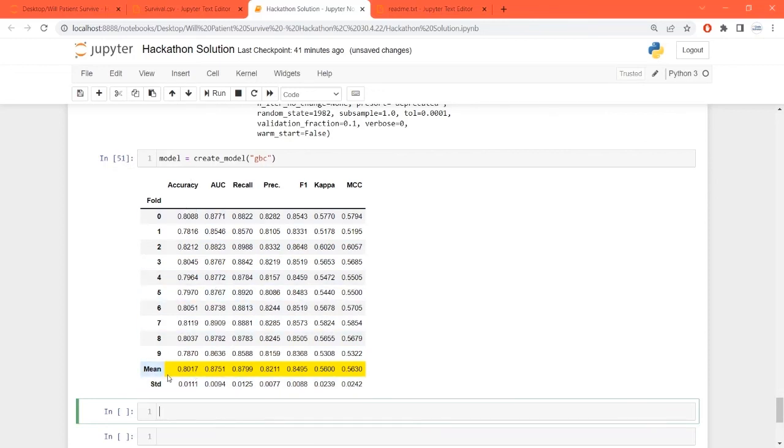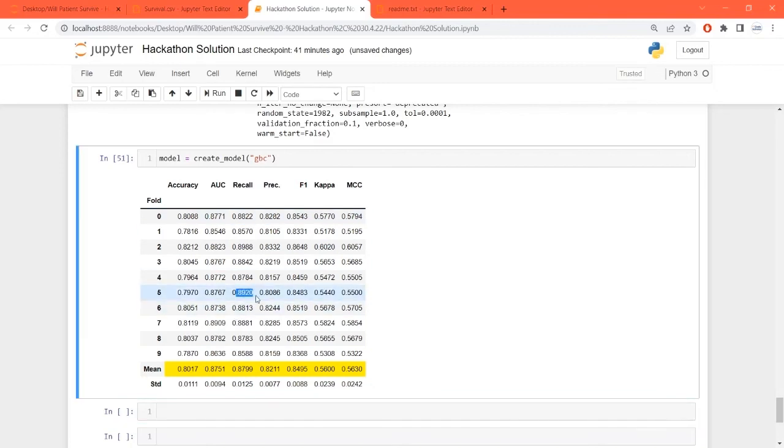What is the mean accuracy? What is the mean AUC and mean recall? After this mean recall, we can see that the very first fold gave 0.88, then we have 0.989, and then 0.89. Yeah, so at the fifth fold we have the best recall, that is 0.89. While completing the task, you might find the best one available. Over here we see that at 0.89 we are getting the best accuracy, fifth fold. And you can compare accuracy, AUC, recall, precision, F1, kappa, and MCC also.